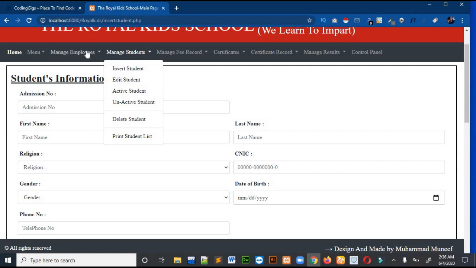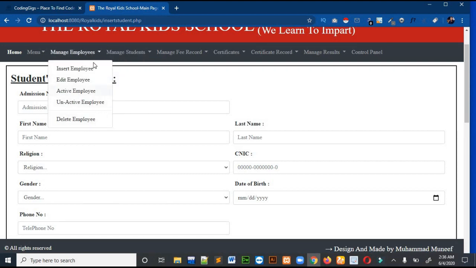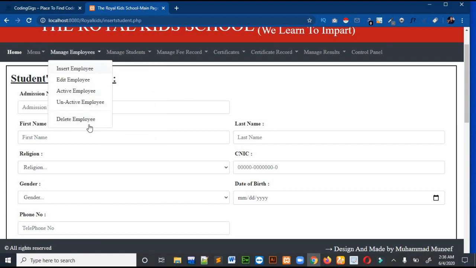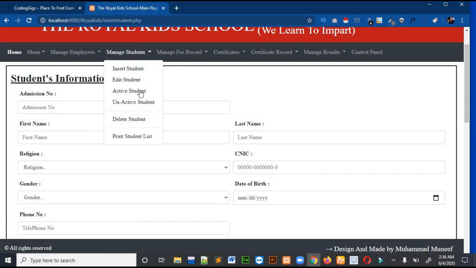Okay, so if you understand the code of this, you can just copy and paste the code by changing the name from employee to student. You will get the manage student functionality. So I will only show you the manage employee code. I will show you these 5 codes of manage employees, and you can copy that code to manage students yourself. And if you have any questions regarding that, you can ask me.